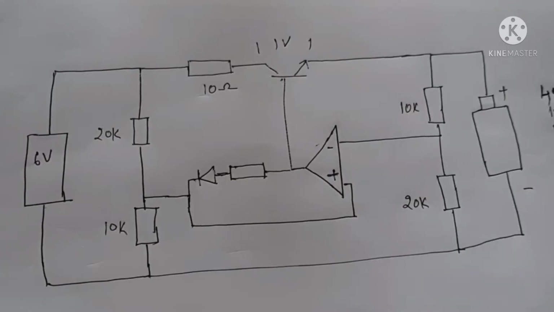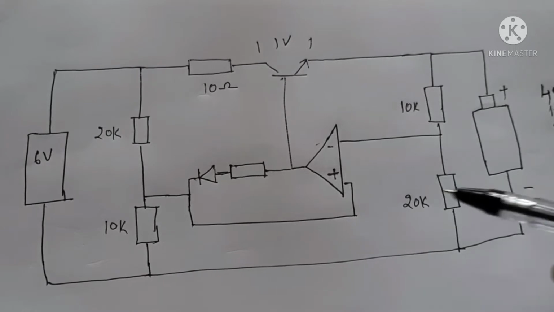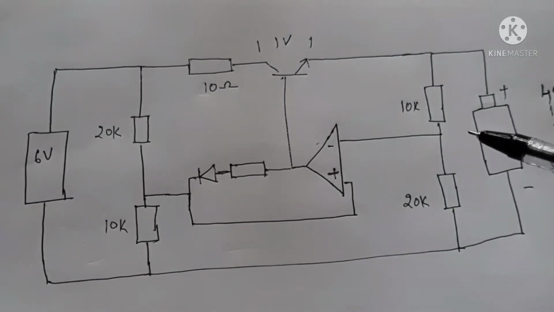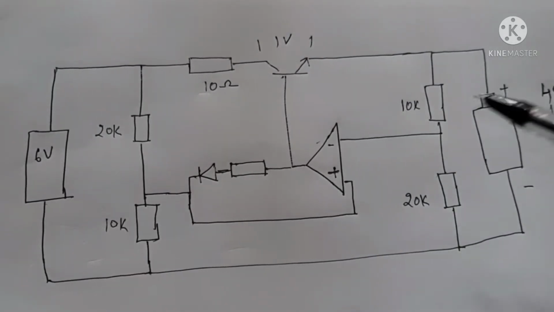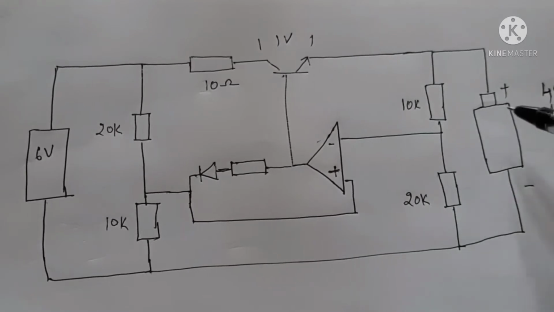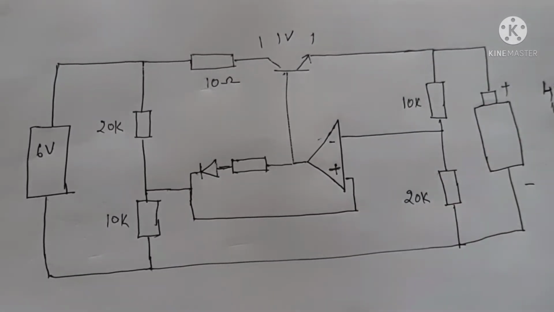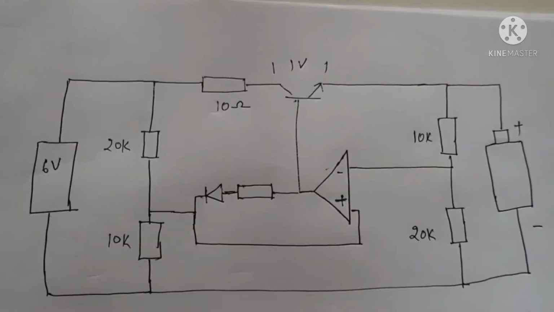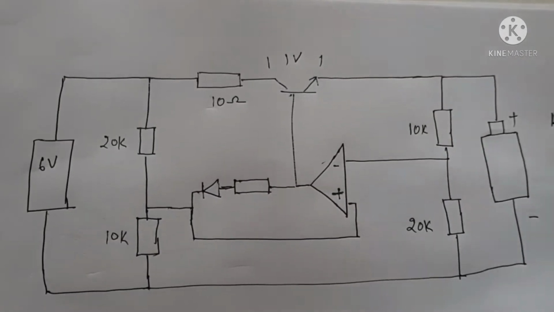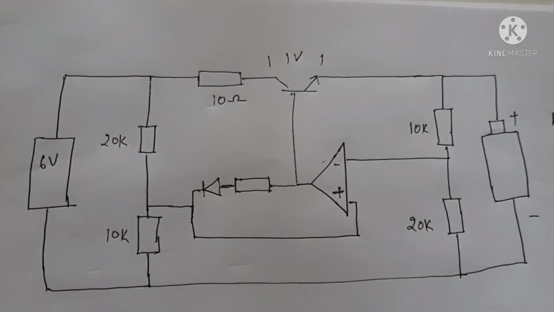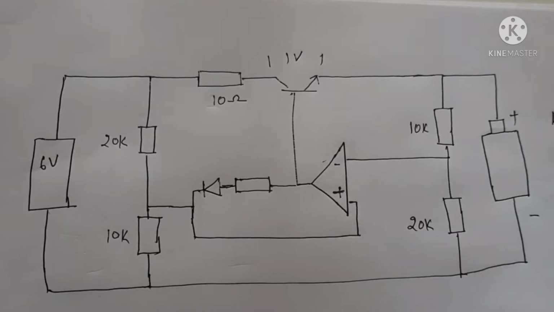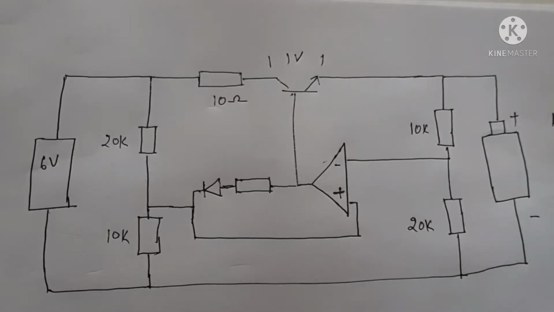Hello and welcome. Today we are going to see how we can design an automatic on-off battery charger with a single op-amp. We are taking a 4.5 volt battery with 1.5 ampere capacity. That means if the battery has 1.5 ampere capacity, the maximum current